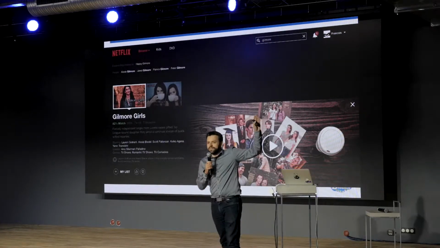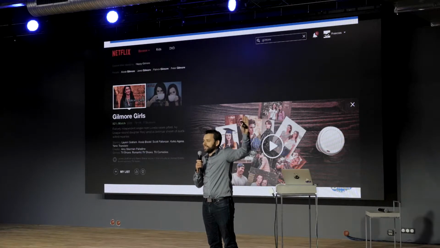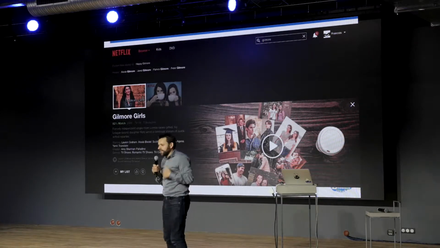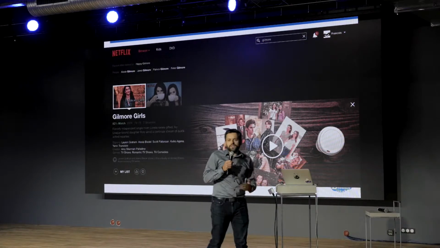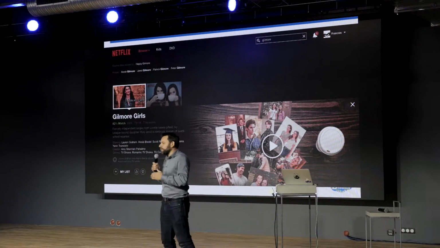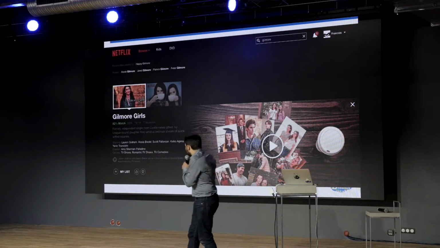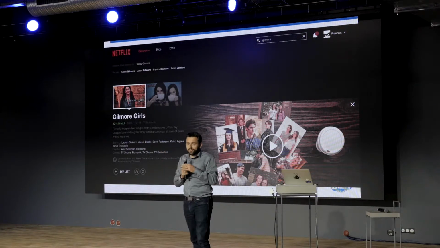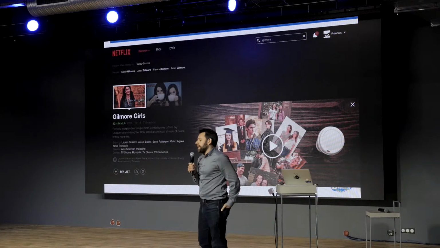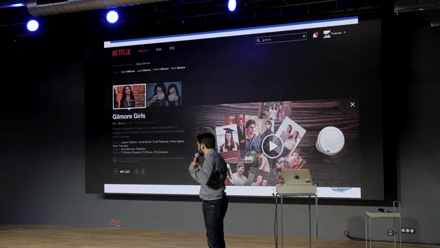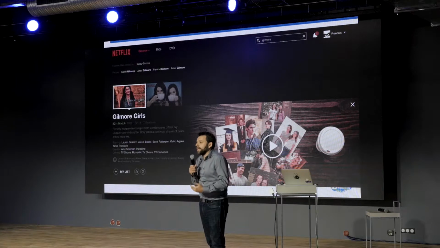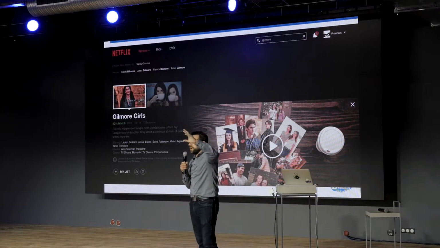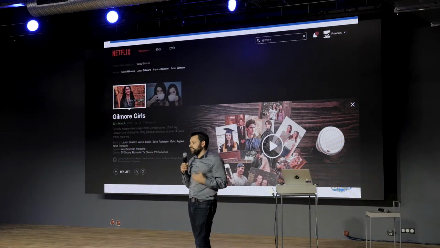So for example, who is using Netflix? Great. You love Netflix? Yeah, it's pretty cool. So on Netflix, based on what you are looking at, they are going to browse everything and recommend what other people like that you also like. For example, if I go to Gilmore Girls, you can see a 92% match, which is a strong signal. And it's actually exactly what we want to have: inside an application, being able to recommend what I should look at seamlessly. I don't go somewhere else. I don't try to search for what others are looking at. It's really seamless for me. I don't have to do anything about that.